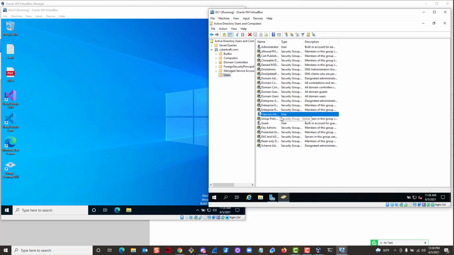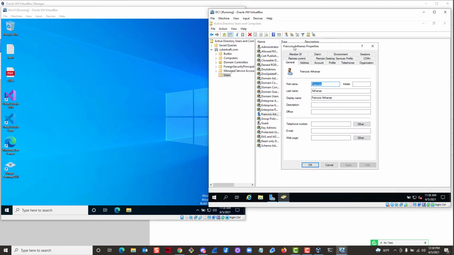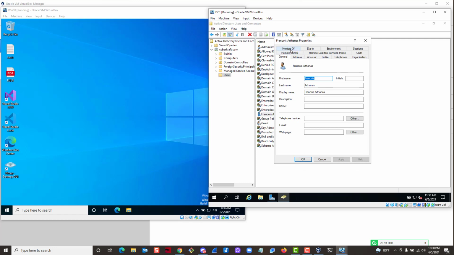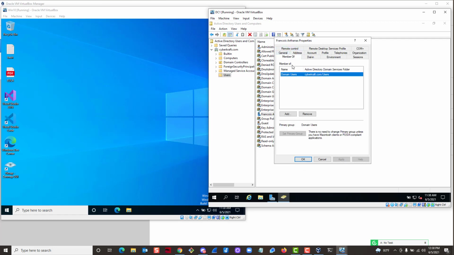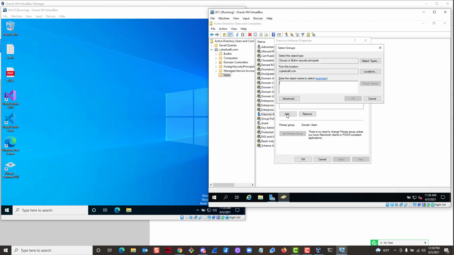Now Francois as the user has been created. So I can double click on this and then add this Francois user into a different group. You see where it says member of. Right now Francois is just a member of domain users. So what if I want to add him to be part of the administrator group? Well, I just need to click on add. Then right here where it says enter the object names, I can just key in admin, and